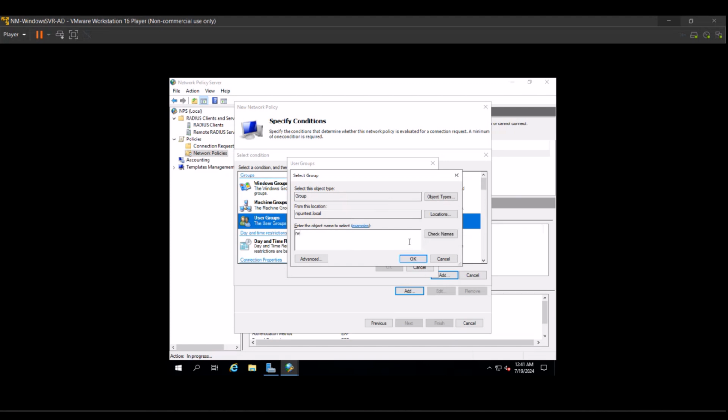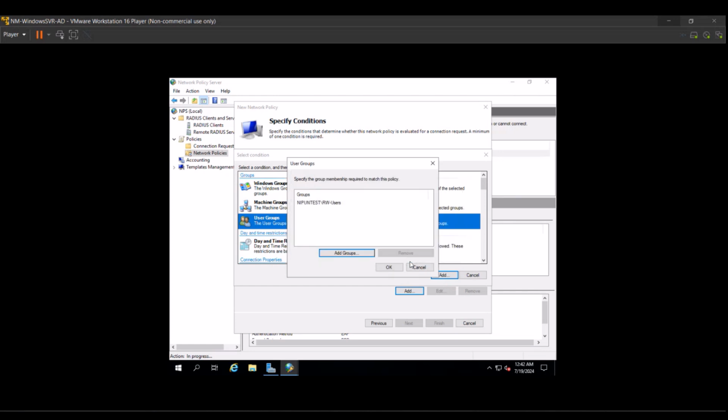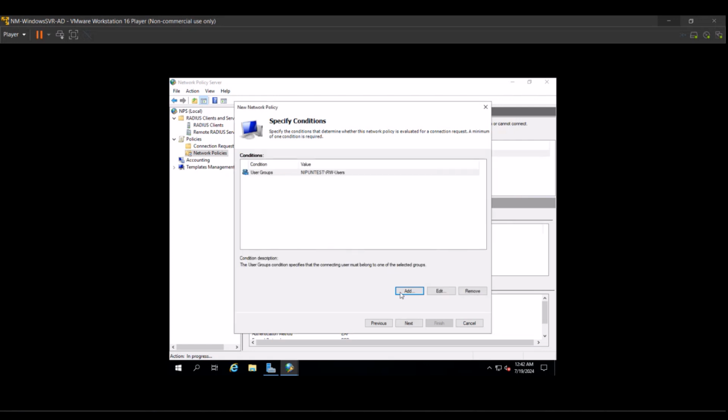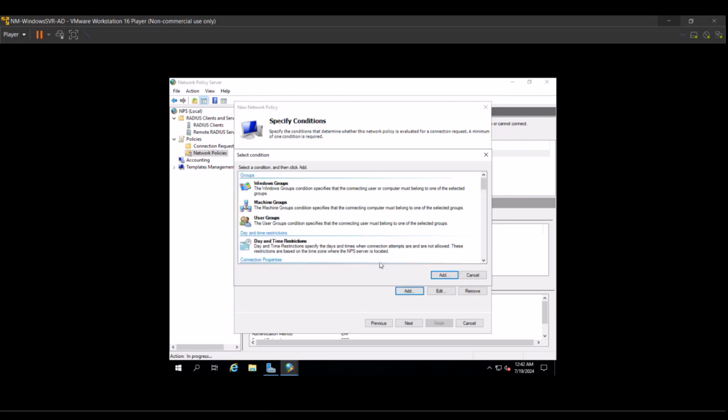So then only the user accounts that are in the read write user group can utilize this network policy in this network policy server. So I am adding my read write user group as one condition,